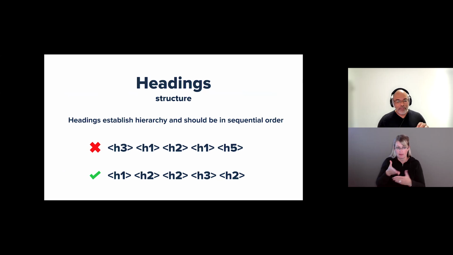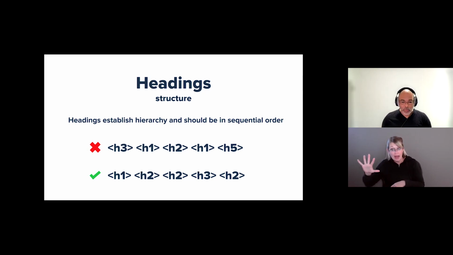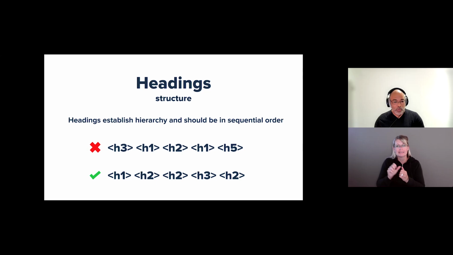And so when you have developers or designers who are trying to structure the content, if they go solely based off of how the heading looks, you'll end up with this first line here. You'll end up with an H3, an H1, an H2, another H1, and an H5, when in reality, according to the WCAG and according to semantic markup, we should only have one H1 on a page, then H2 and H3. You can have as many H2s, H3s, all the way down to H6 as you want, but you need to follow that structure. And another good practice is you don't want to skip headings.